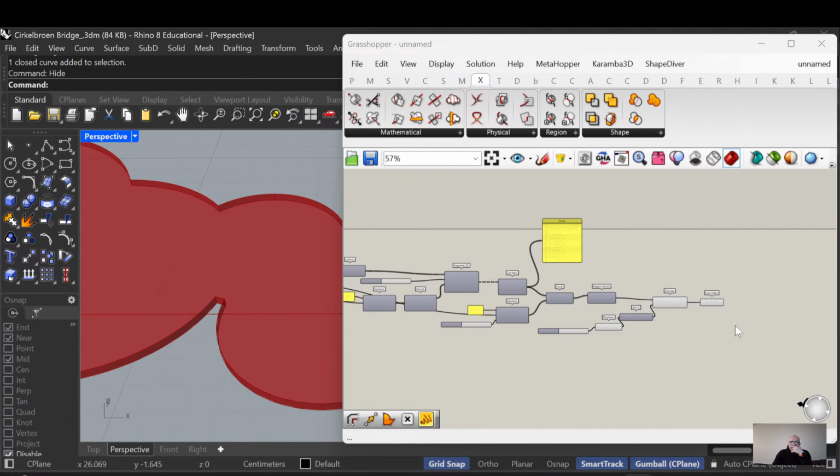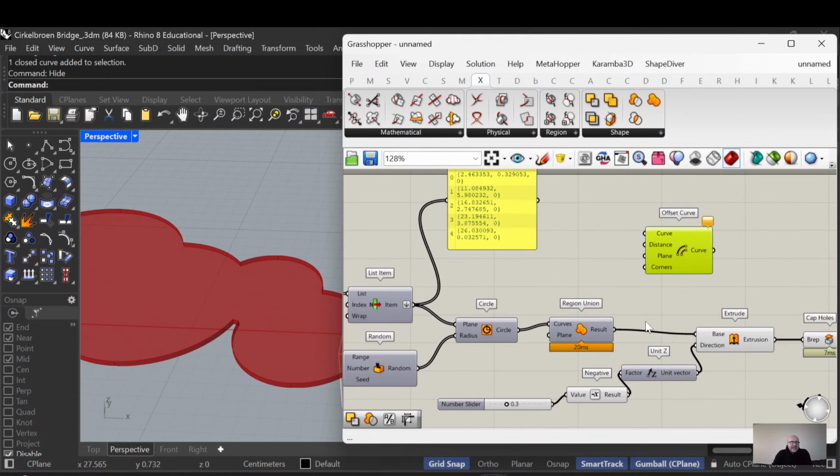So what we can do is start extracting the boundary of this geometry to use it for the handrail. Just like step by step, let's go forward. I'm going to offset this, so it's going to go to the outside of this geometry. So let's offset this. By default it is 1. I'm going to use 0.3 again, but this time instead of positive, it's going to be negative